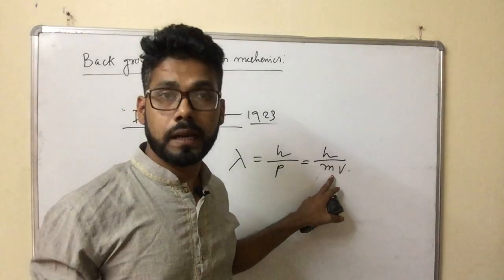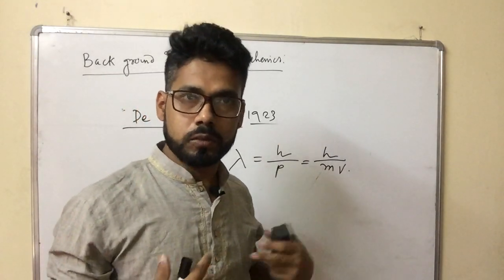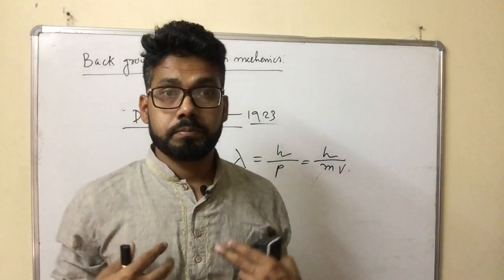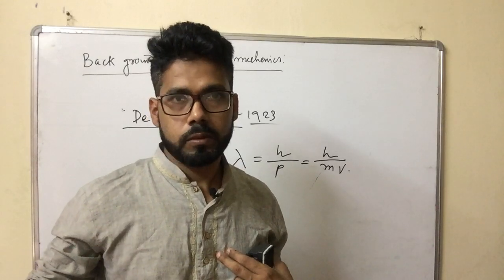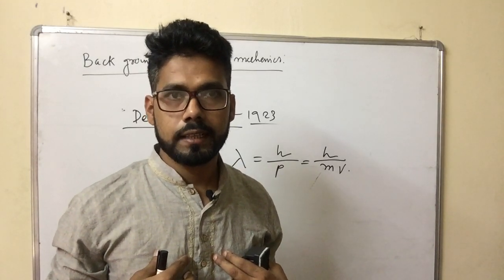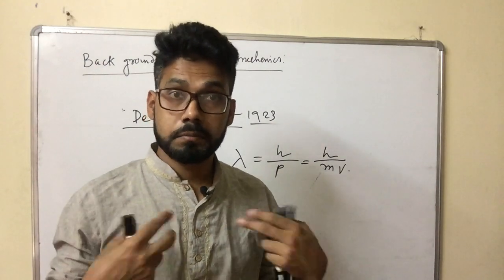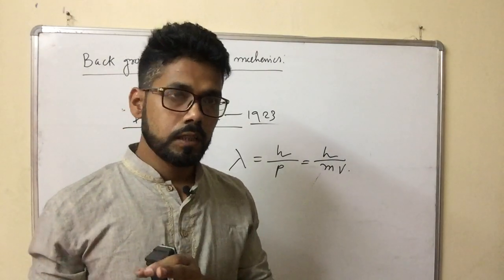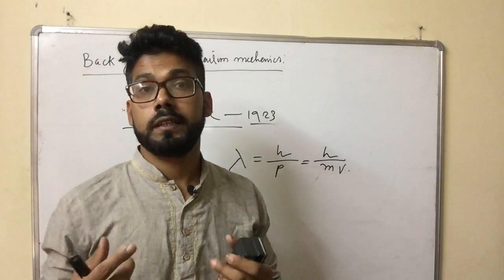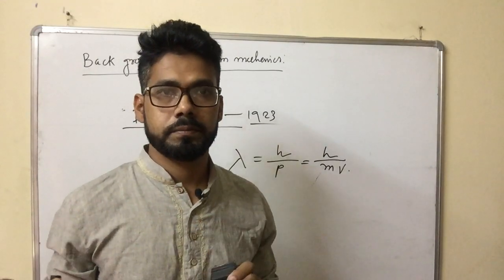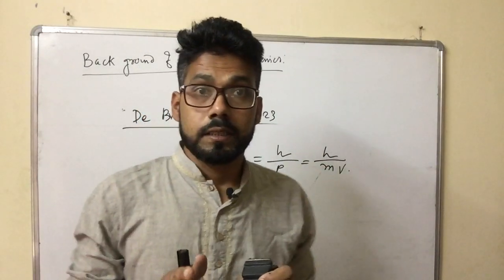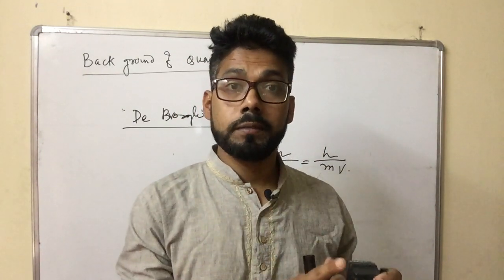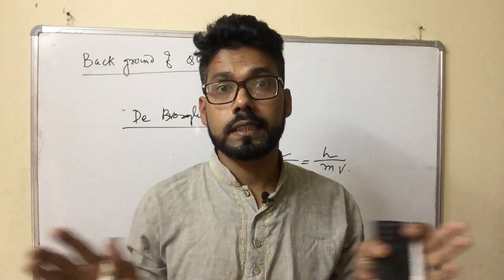But whenever the mass of the particle is very, very high, meaning a macroscopic particle like myself, in comparison to the electron or proton my mass is very high. So in the case of a macroscopic object, the wavelength is insignificant, then the particle behavior is more significant and the wave behavior is negligible. But microscopic particles can behave as a wave and as a particle. Their wave nature and particle nature are not insignificant.